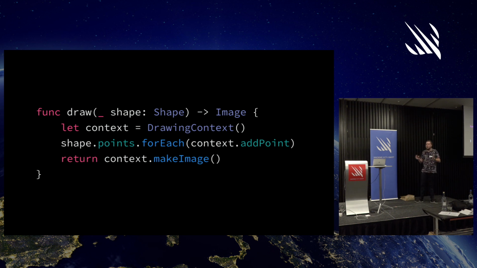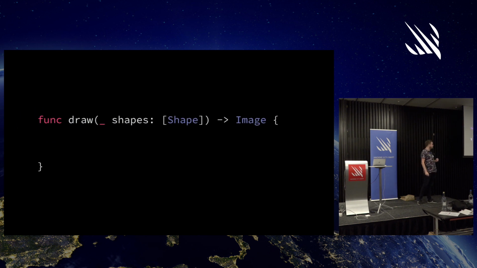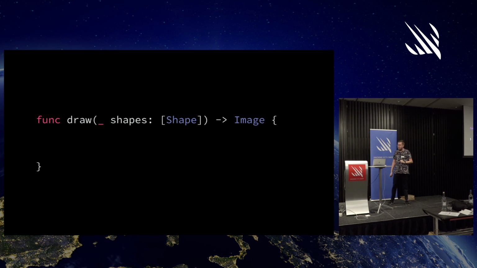Let's say we don't only want to add support for drawing shapes. We want to draw many more things. For example, we might want to draw an array of shapes. Like the user has selected a bunch of different shapes, and we want to draw them. And an initial idea on how to implement this might be to say, well, I already have this draw function